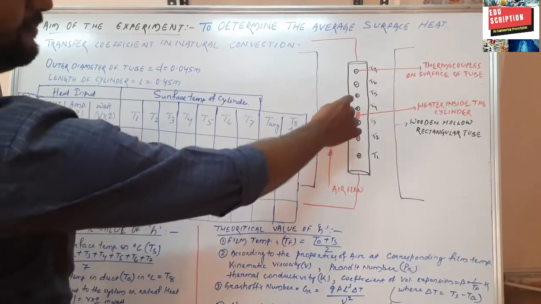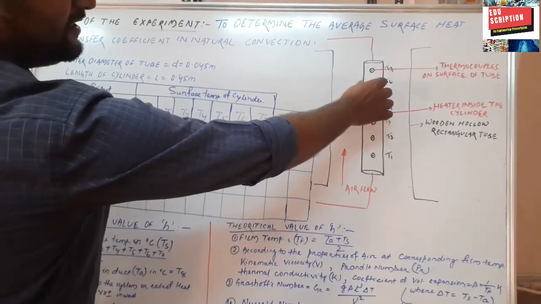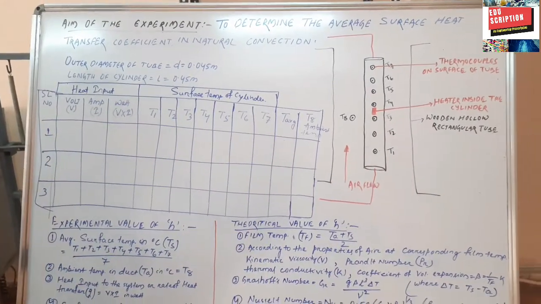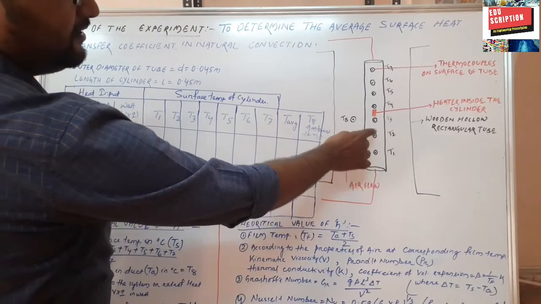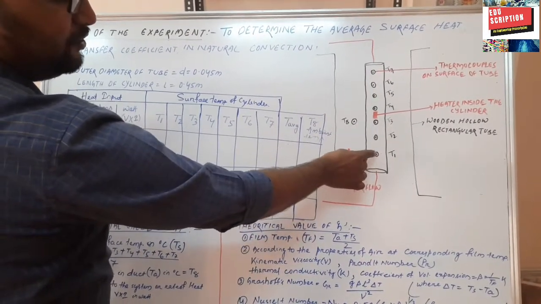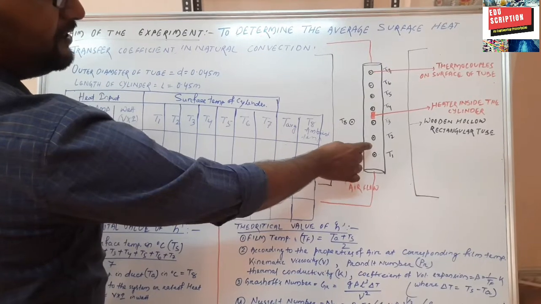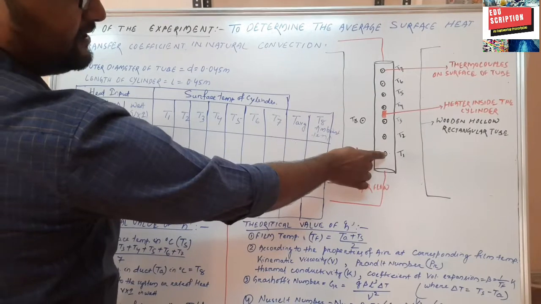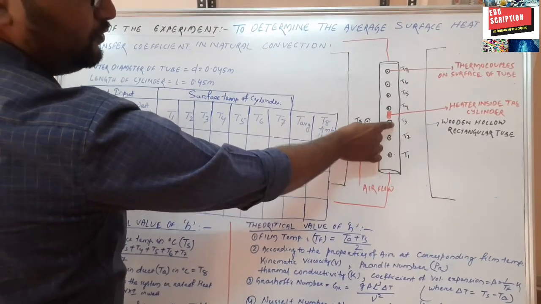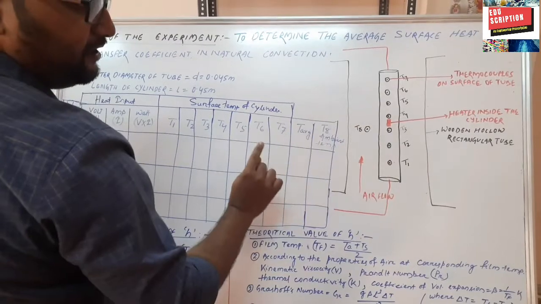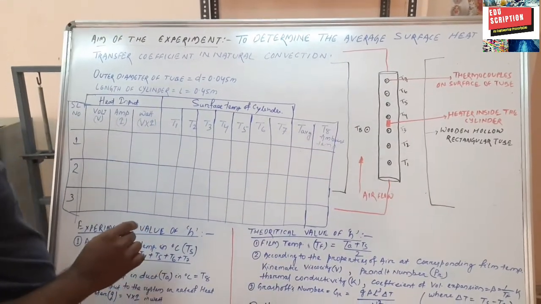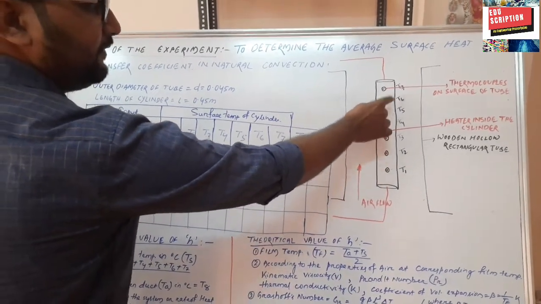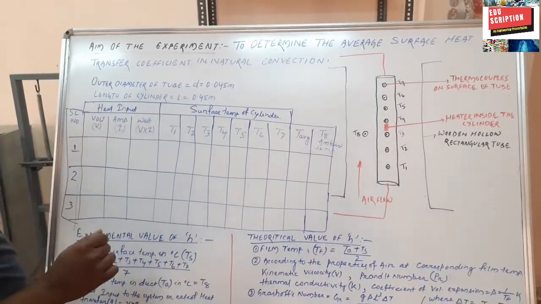The insulation is provided to minimize the heat losses. The brass is generally polished to decrease the heat loss due to the radiation effect. We can see there are 7 thermocouples attached to record the different temperatures at different points on the surface of the tube, that is points 1, 2, 3, 4, 5, 6 and 7. The corresponding temperatures will be indicated at the temperature indicator as T1, T2, T3, T4, T5, T6 and T7 in degrees Celsius.